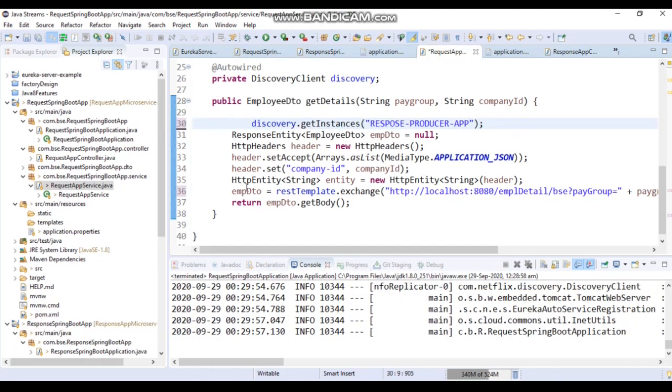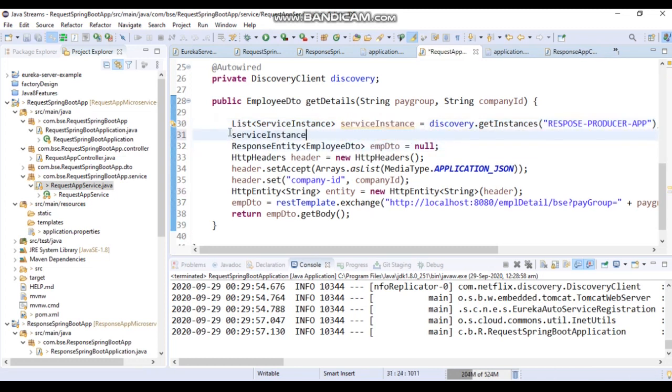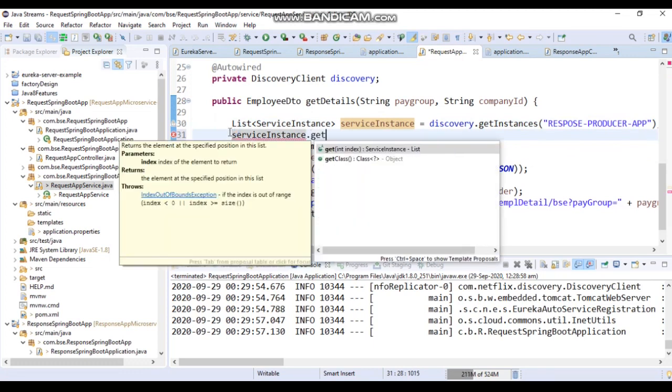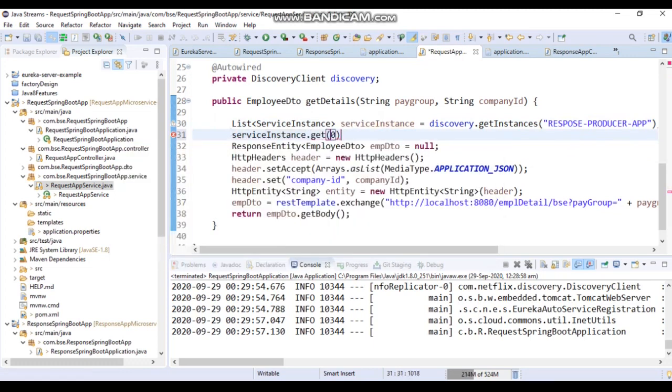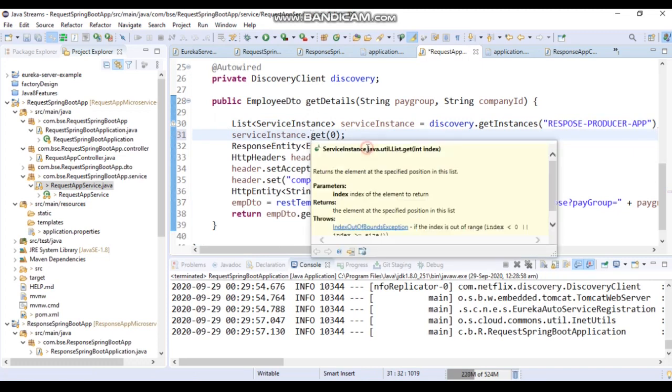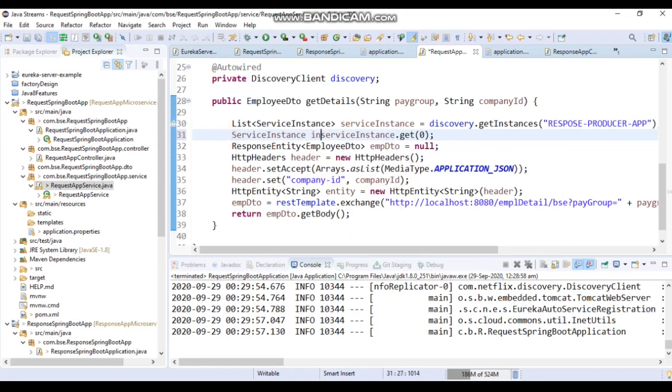It will return a list of service instances, and from this we will get the first instance. Dot get from list, we'll get the first instance, and this will return the service instance. We'll say instance.